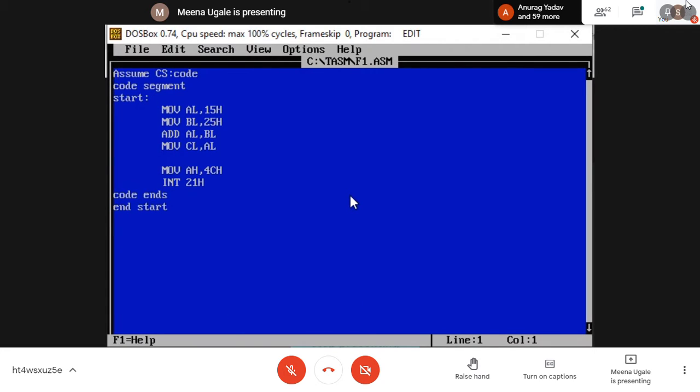Now instead of these 8-bit numbers, I want to go for 16-bit numbers. So I'll make similar changes here. I'm writing AX, take any number. I'm making changes in the same program. You also follow the same way.